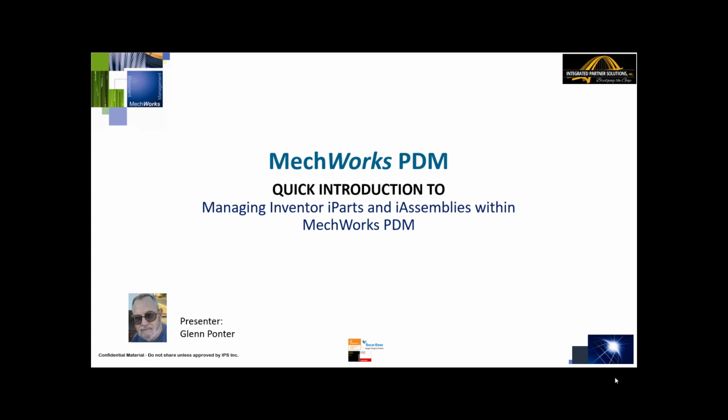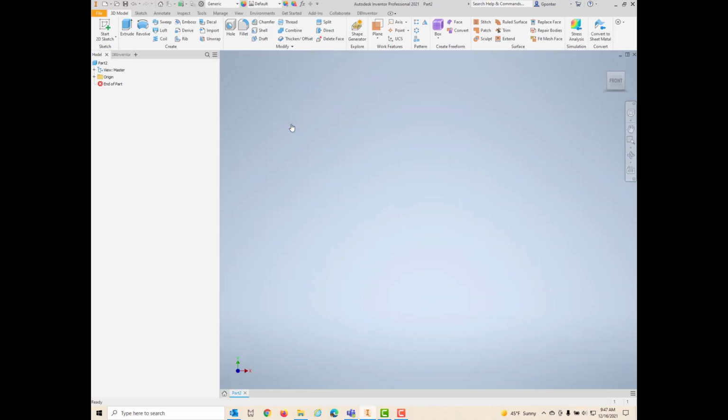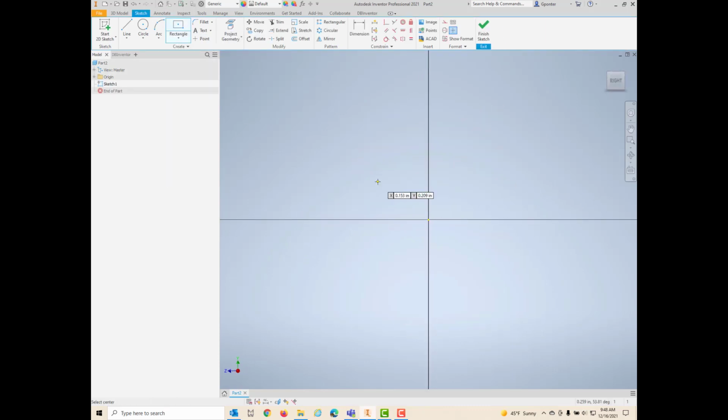And we're going to go straight into the Inventor product with the MechWorks PDM seamlessly integrated within it. So the user is now going to quickly create a base part. With this part, he's going to define the labels and values that will be referenced later on that determine the different iPart instances. So for instance here, we're going to enter